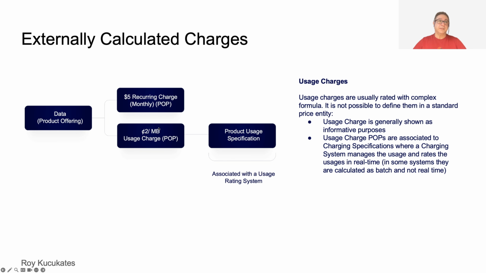But as this is not the absolute price, it will be calculated with different formulas depending on the date and day of the week, time of the day, peak hours, off-peak hours, or caller's location, callee's location, etc. So that's why usually this price is informative, but the real calculation is done by a charging system or any